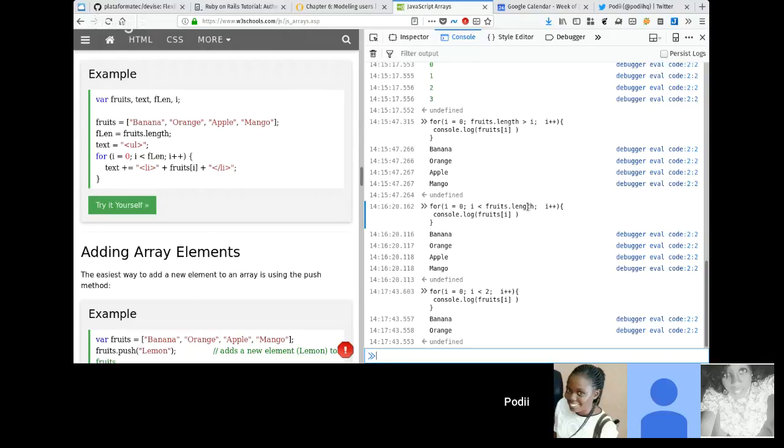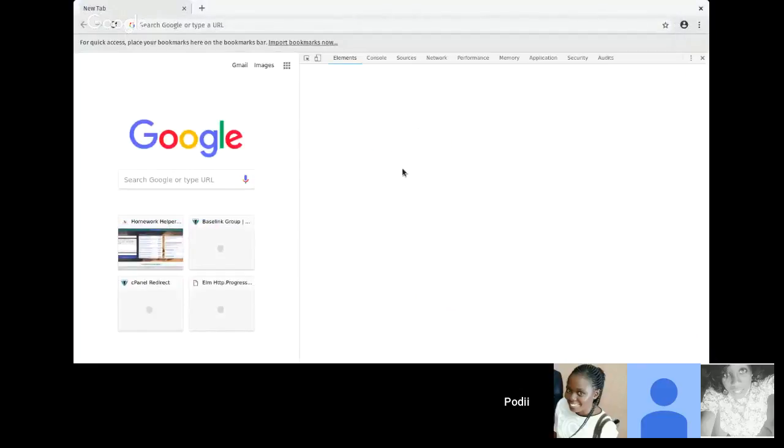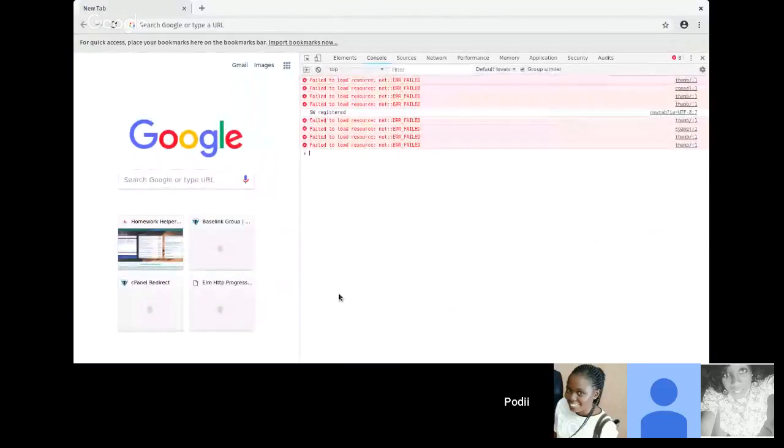Yes. But I've used 2 over here. I've used 2 and you still have undefined. We can,